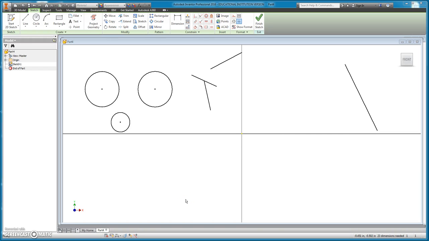This is our third video for sketching, and it's going to look at geometric constraints. So right now I have an IPT open. I'm in the sketching window, and I have some random items drawn. Now,